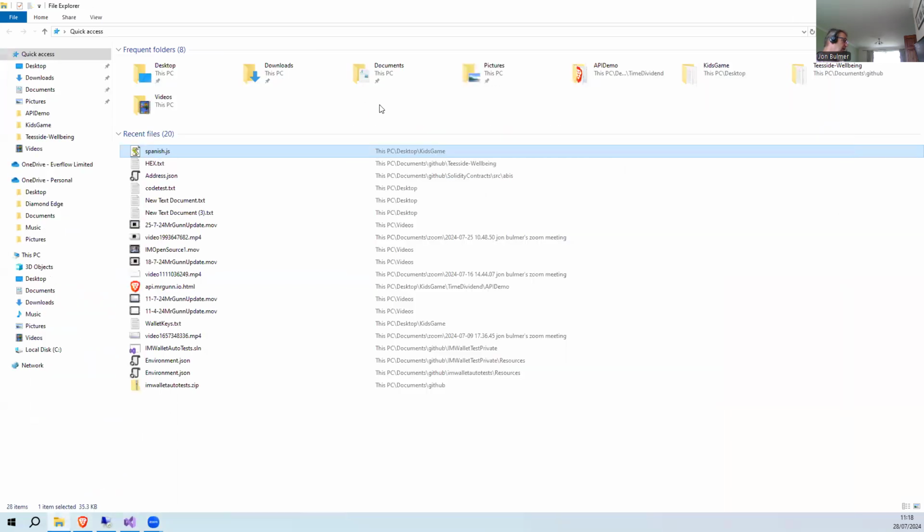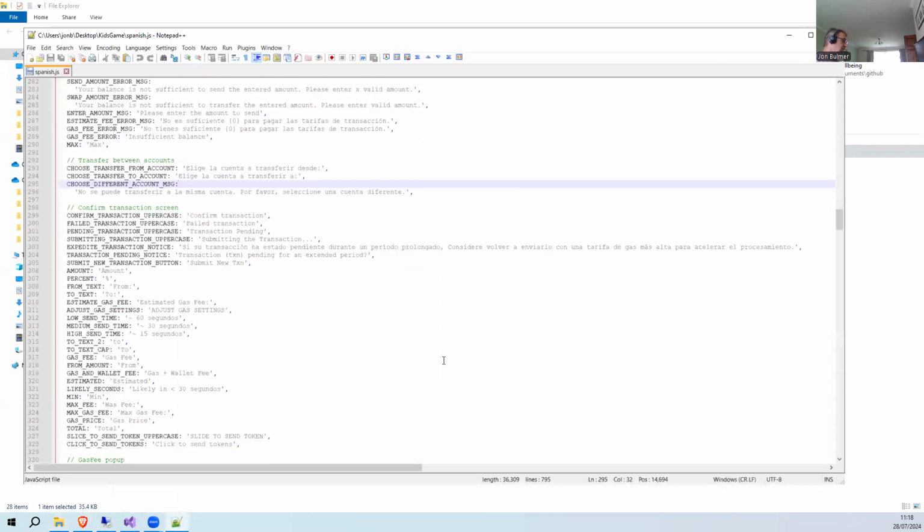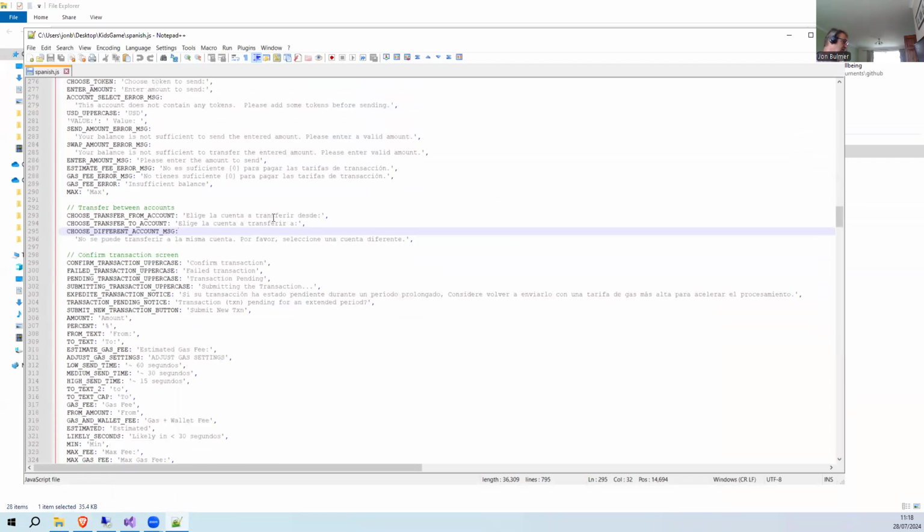One thing I have been putting a bit of effort into is learning a little bit of Spanish, and I'm quickly going through to see if I can upgrade the English JSON file, or English JavaScript file, into Spanish, and then see if I can get a build together and test it, so we can get a Spanish version of Internet Money, which would be a good thing to do. That's a project I'm working on in the background a little bit.